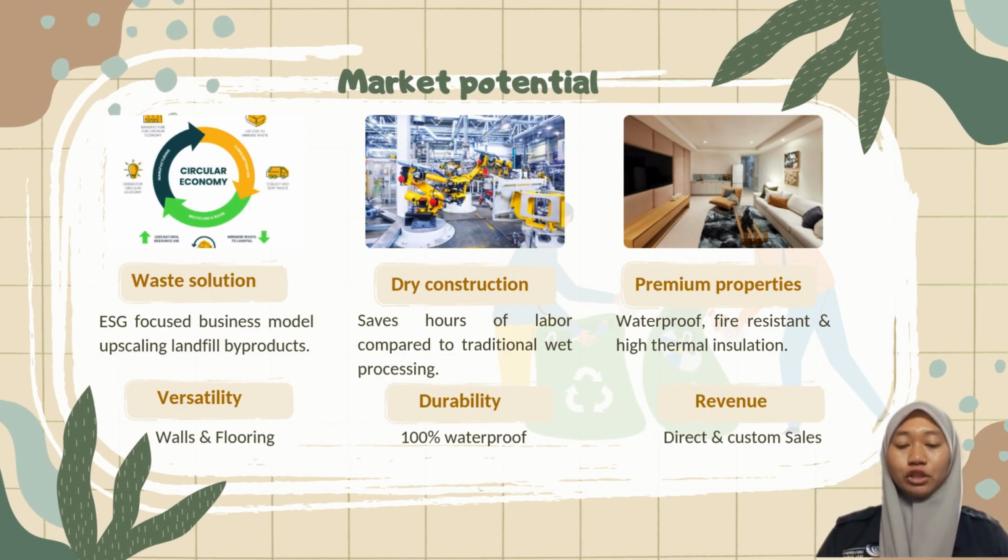Next, let's look at section 3, the market potential and innovation of our product. Our first big advantage is our value positioning. As we know, the traditional brick makers use up natural resources like clay and sand. We do exactly the opposite. We upcycle industrial fly ash from landfills. This means we are not just a manufacturer, we are an active waste management solution. This makes us highly eligible for government environmental grants and green funding.